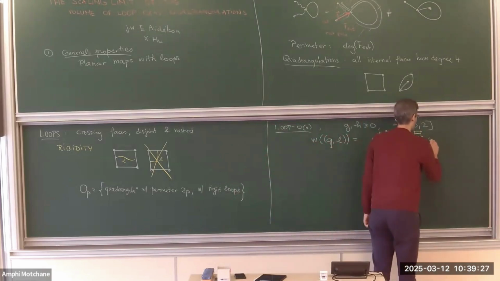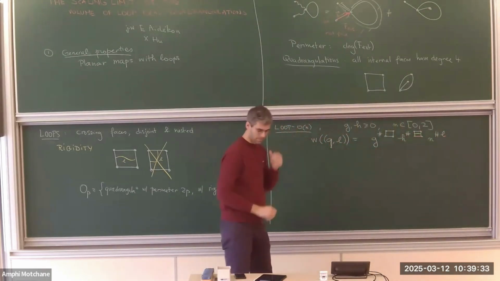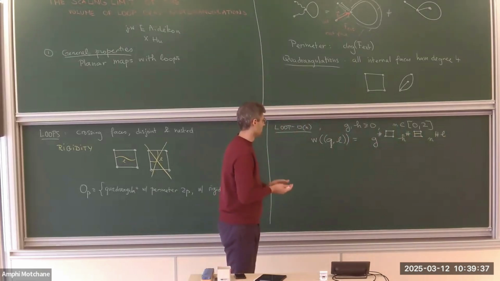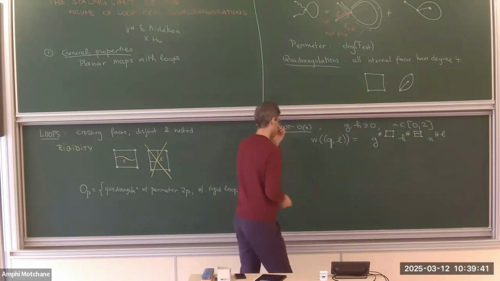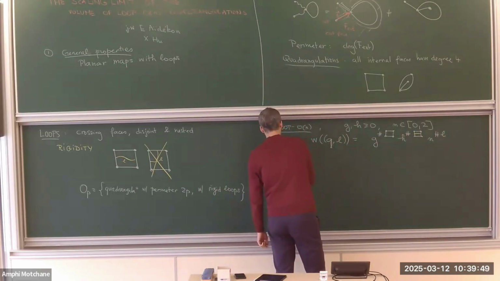And N is the number of loops, the cardinality of this set L. This is the O(n) loop model, I mean, this is an O(n) weight. And if I want to introduce a probability measure on O_{g,h}, what I want to do is to introduce the